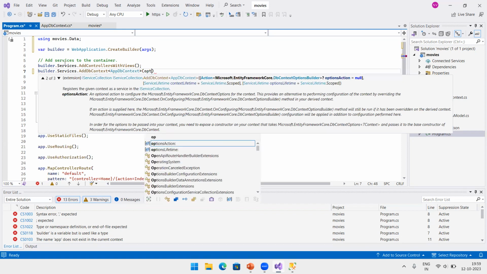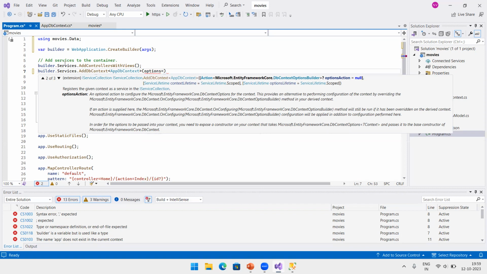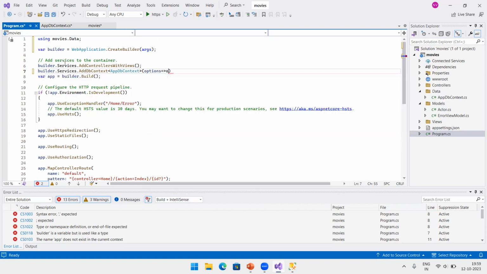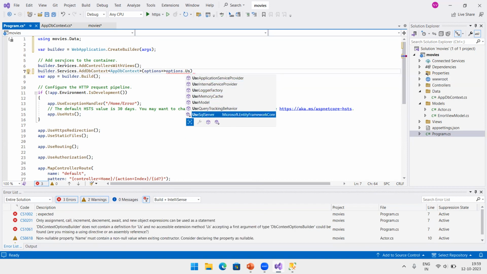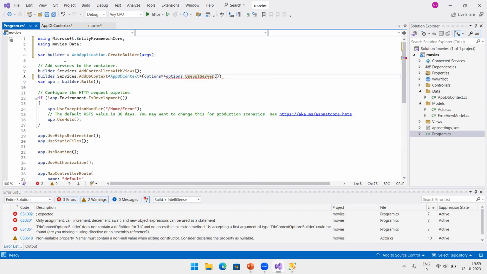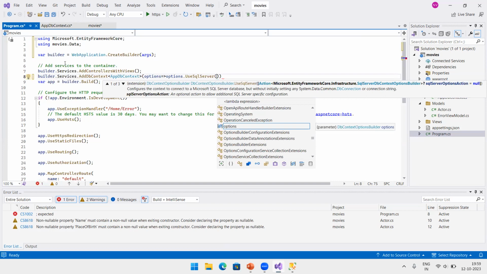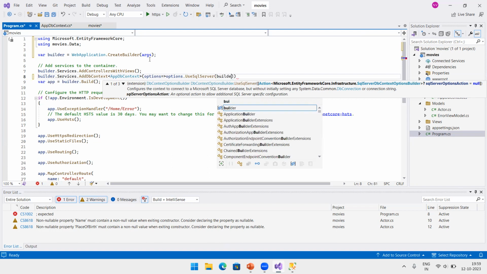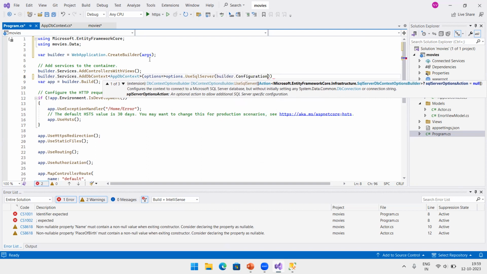So it expects options, which can be picked from the options dot use SQL Server. The connection string of the SQL Server is available in the appsettings.json, right? This can be gotten using builder dot configuration dot